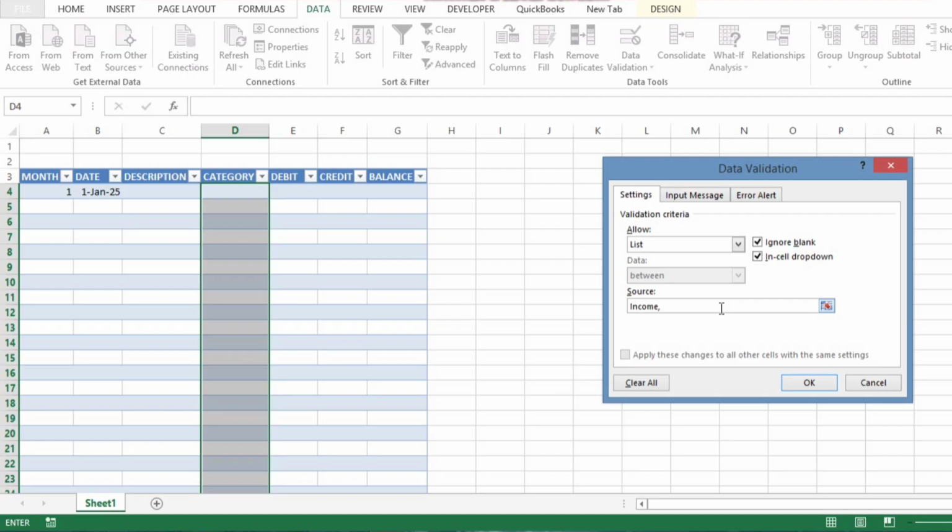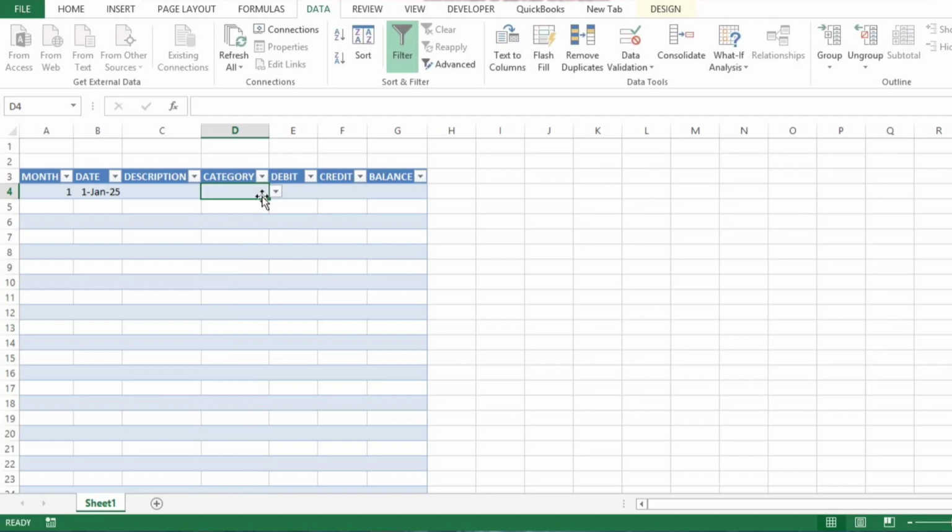सो फॉर एग्जांपल मैं यहाँ इनकम, रेंट, यूटिलिटीज, सैलरीज, और फाइनली एंटरटेनमेंट और क्लिक ऑन ओके। तो आप देख सकते हैं यहाँ हमारी सारी कॉलम D में कैटेगरी में ये ड्रॉप डाउन लिस्ट क्रिएट हो चुकी है। यहाँ से आप लोग अपने इनकम और एक्सपेंसेस की कैटेगरी सिलेक्ट कर सकते हैं।